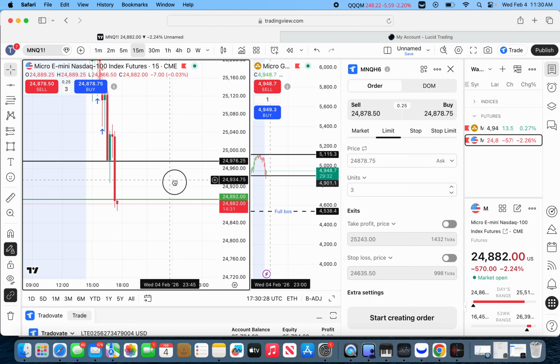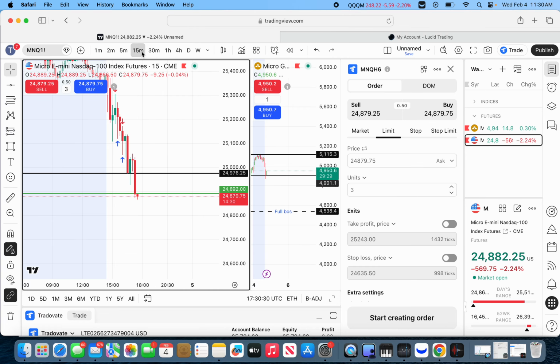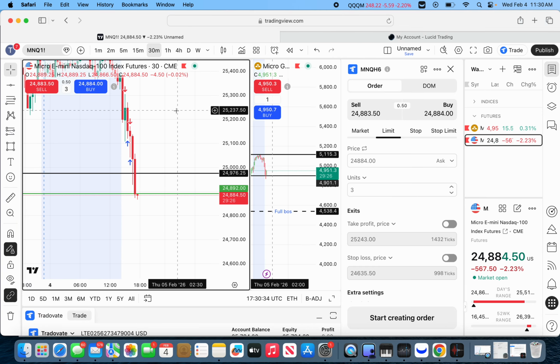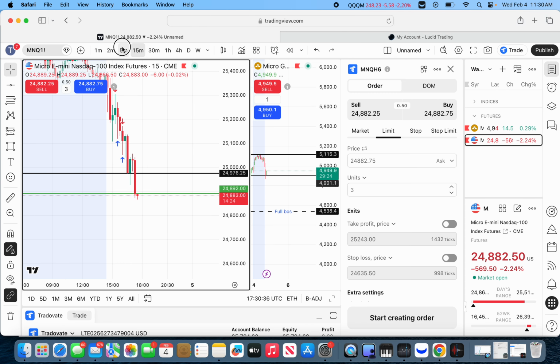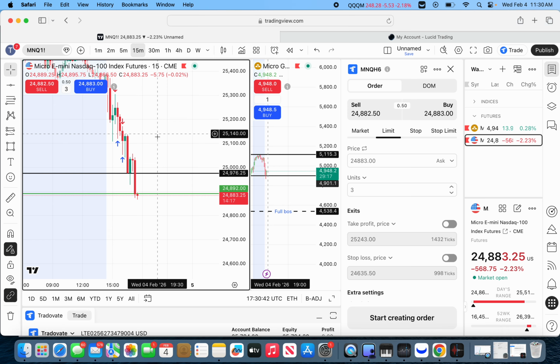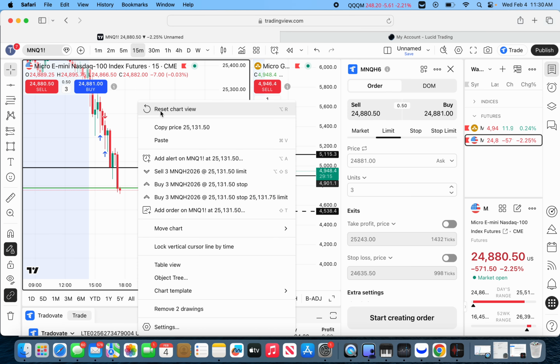I want to see price bounce off of this level. I didn't check my 15-minute. I checked the 30-minute at first. That's why I was going off of this level. But I trust the 15. I don't really go down to the 5. The 5, it just depends. You know what I'm saying? You got to utilize all of your time frames. But if price could bounce off of my level,